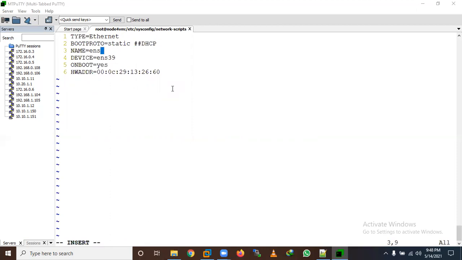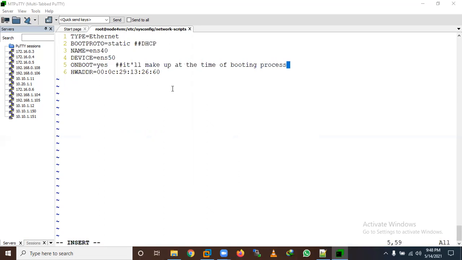The name of this Ethernet NIC card is ens40, so let me change it to ens40. And ONBOOT=yes means it will come up at the time of booting.